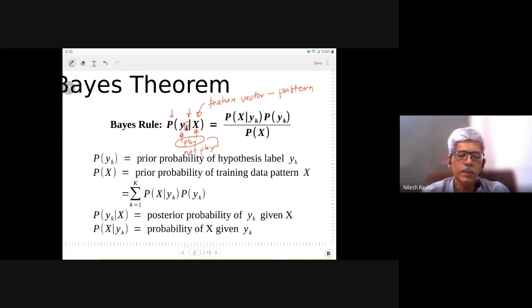This is known as the posterior probability, and that is what we want to know. From a machine learning perspective, we are interested in this posterior probability: given some prior data, what is the posterior probability of predicting something? Here we are predicting yk. What will be the value of yk given some combination of x?